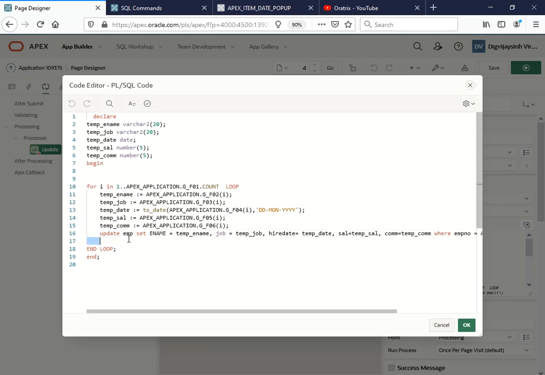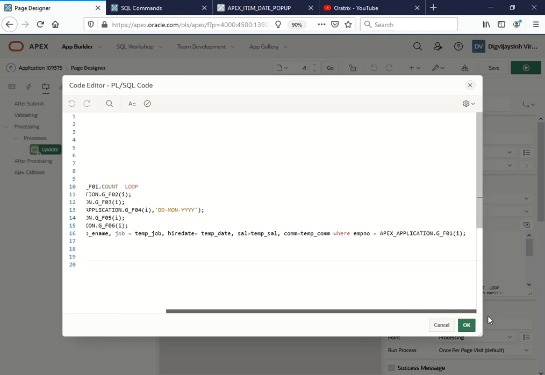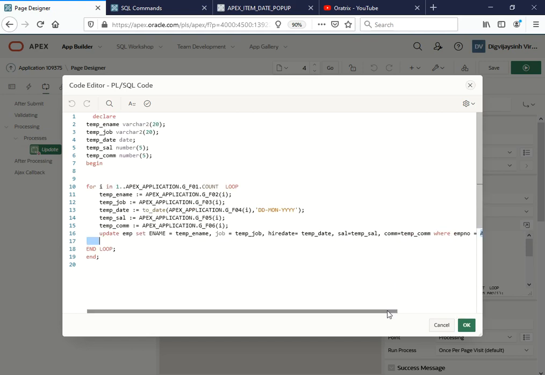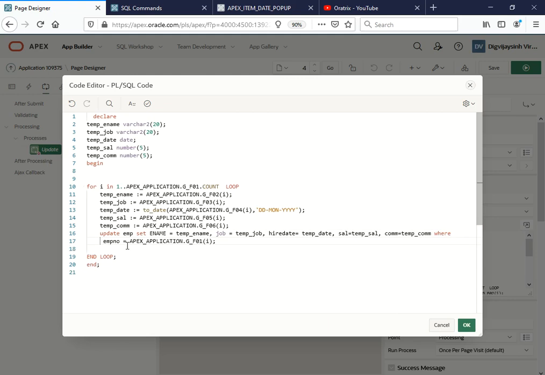Update EMP. Now I'm setting ename equals to temp_name, which we have assigned over here. Then job equals to temp_job. Hire date equals to temp_date. Salary equals to this salary. Commission equals to this, where EMP number equals to apex_application.g_f01(i).